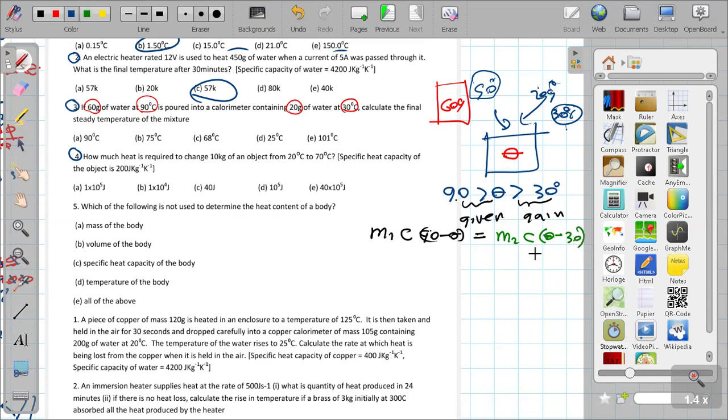I have to cancel this off, c and c. What is m1? 60 times (90 minus theta) is equal to